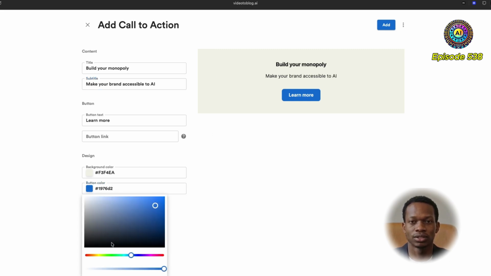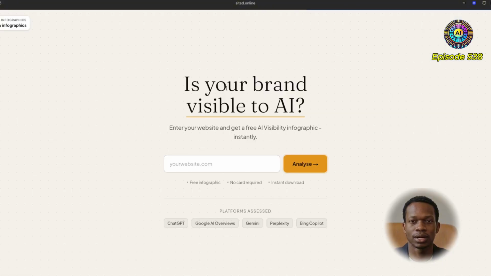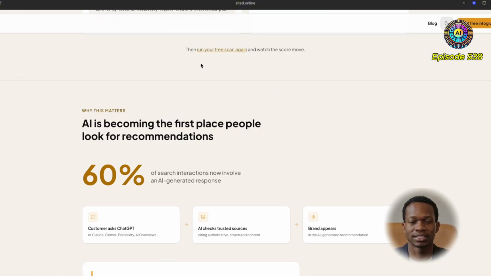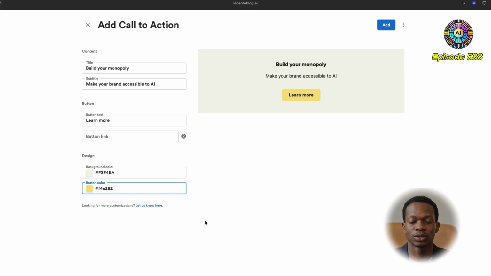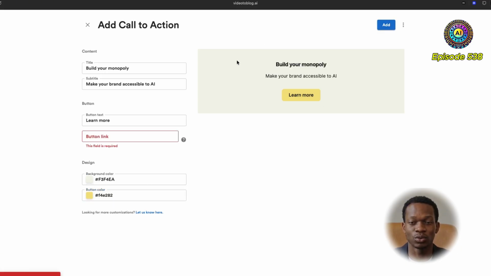Colors, let's go with some colors for Cited. So it's kind of like got this yellow orangish thing going on. Let's go back on here. Well, I mean, this is, yes, I guess kind of like beige, so I can just set that in here quite neatly. So now I'll go with this kind of beige-ish color. It's more like yellowish. Anyway, I won't stress too much about it. We'll leave it at that, and I'll add that call to action.